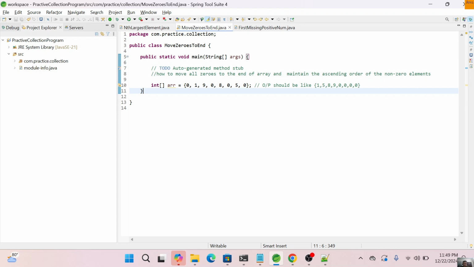Today we will see how to move all zeros to the end of an array and maintain the ascending order of